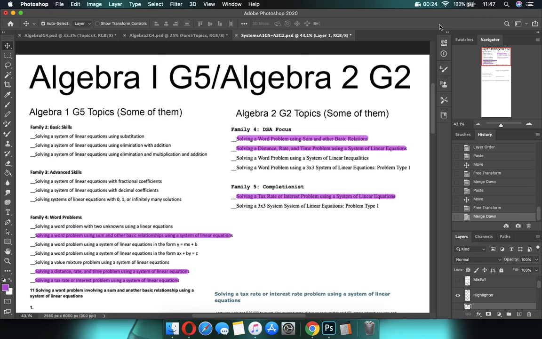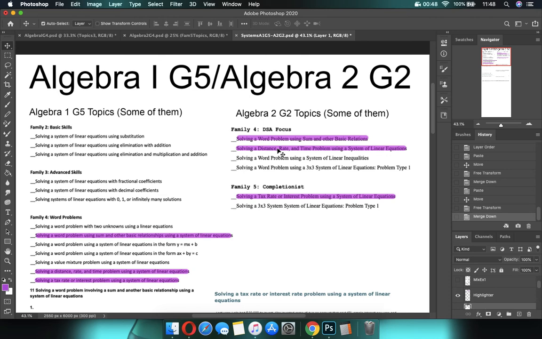There are three specific topics that have overlap, meaning that they're in both Algebra 1 Goal 5, you can see them highlighted here, and they're in Algebra 2 Goal 2. So, what I want to work with specifically is these three topics. I'll show you how to go through them. One of them in particular, the distance, rate, and time, I know for a fact is a DSA on both